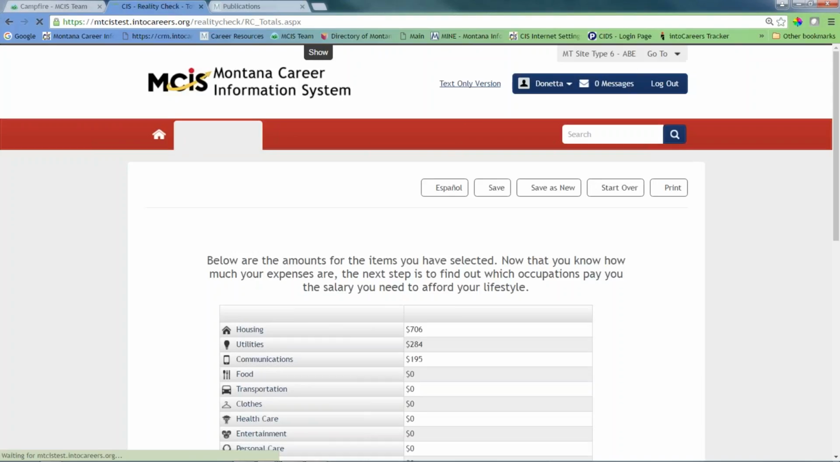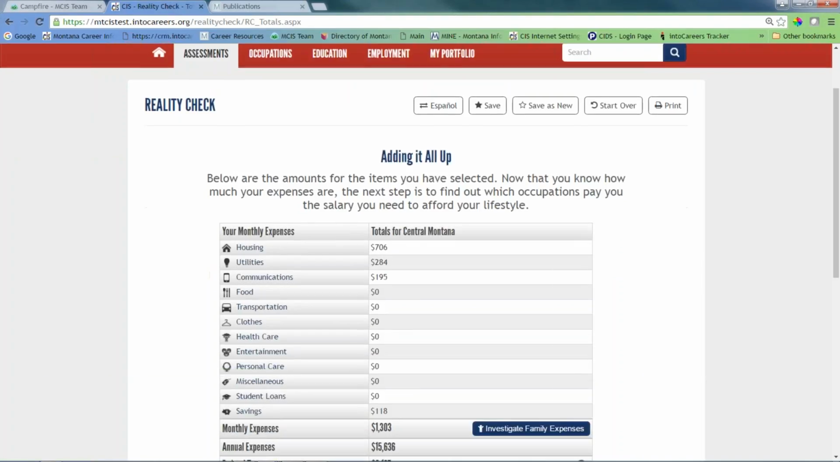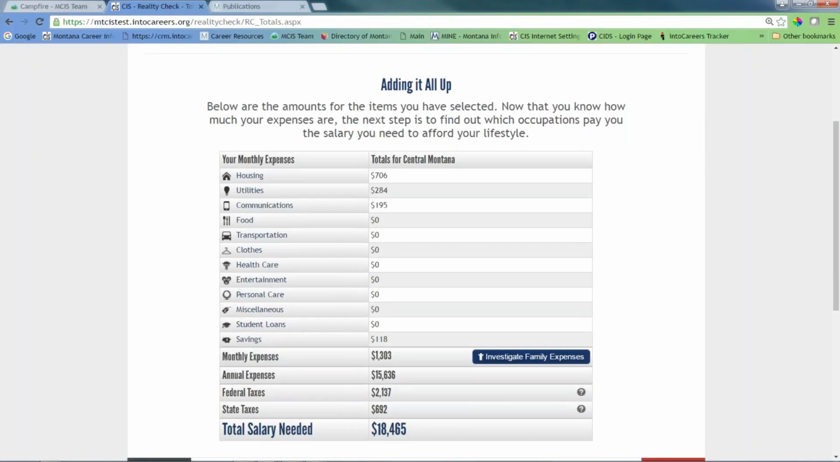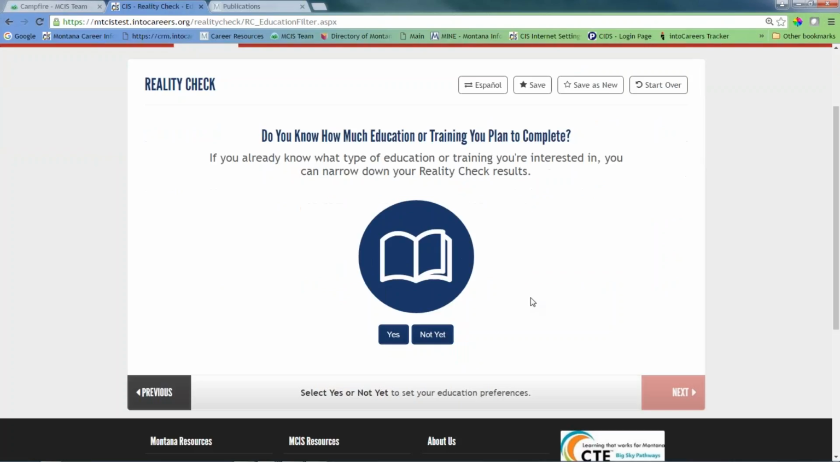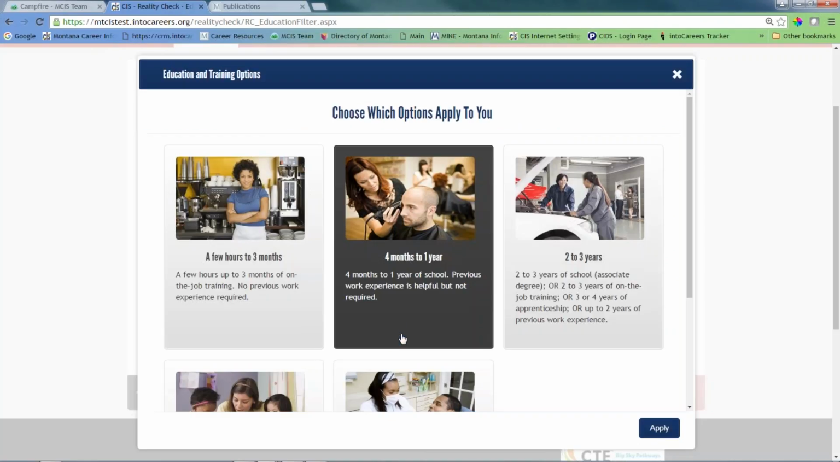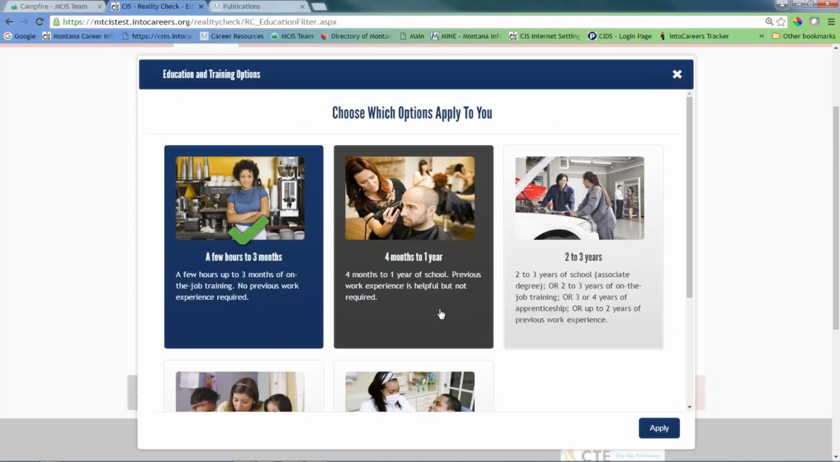Because we haven't answered all the questions, it's not going to be totally what we're trying to do here, but it gives you a good idea. Then it adds up the expenses. It shows monthly expenses, annual expenses, taxes, federal and state, and then the total salary that's needed. Once they continue to next, it asks how much education and training they plan on completing. They can select those,